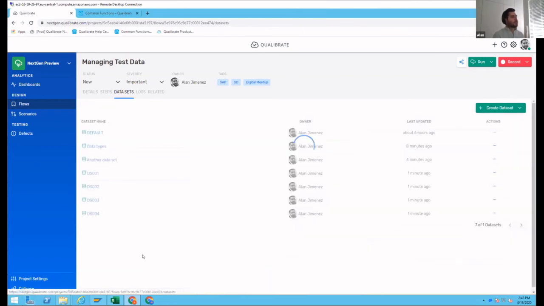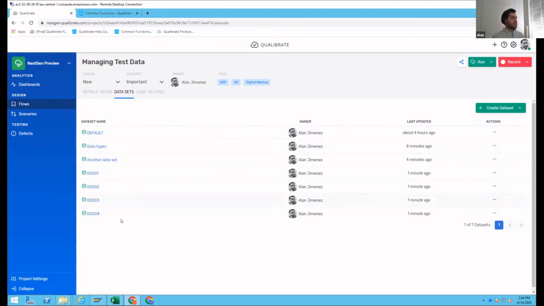This is a highly requested feature, by the way, guys, from our users, because it gives them the ability, if you have no Qualibrate license and you have a different team handling large volumes of data, the team responsible for managing the test data available in your quality assurance or training systems, to export that data set structure, edit it in bulk, and generate all those data sets very quickly, without having to click every single time you want to generate specific combinations of data.